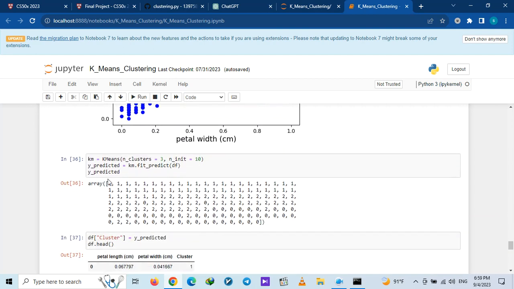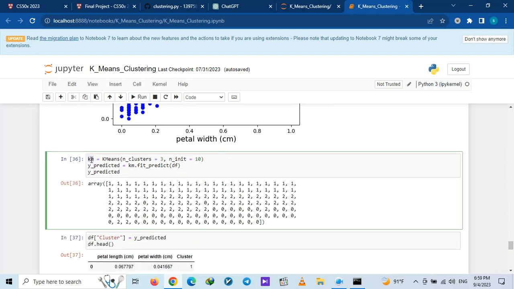And now I'm going to make my k-means clustering object with the number of clusters 3, and now I'm going to predict the clusters of my data here with y predicted,